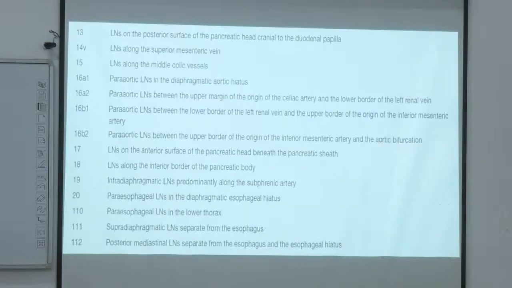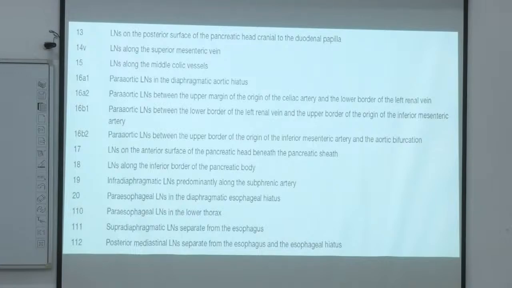Next, 13 is lymph node on the posterior surface of the pancreatic head, cranial to the duodenal papilla. Then 14V is lymph node along the superior mesenteric vein. Up to 14V, they are lying around the stomach. The rest of the lymph nodes are lying away from the stomach, but they are removed if there is distant